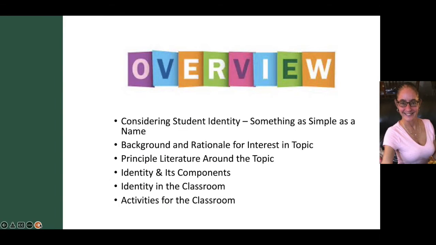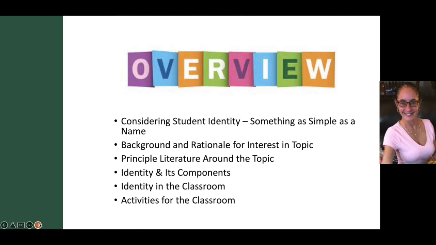The overview is here. We do bring in the L1 identity as well, as it informs the second language identity. We're going to start with a little short video that's just considering a student's identity with something as simple as a name. And then we'll go into some background and rationale for interest in the topic, what work we've done related to identity and second language learning, and how we came to be interested in the work that we've done